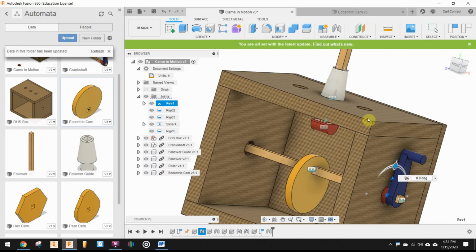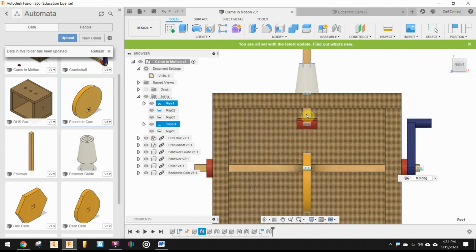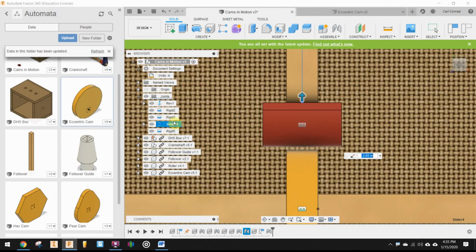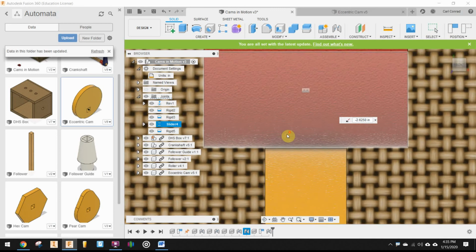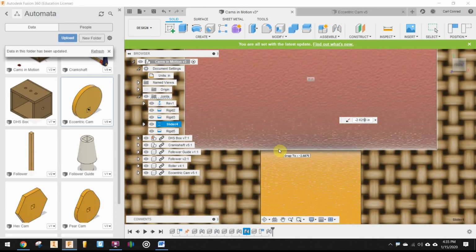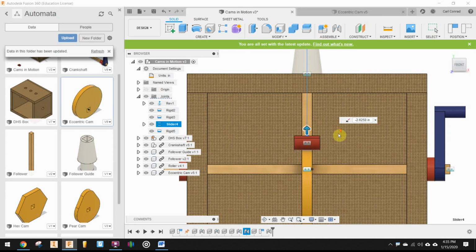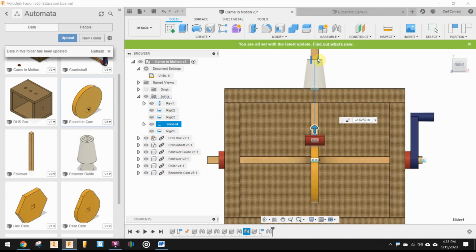Okay, and second, let's pull around and look at this. Notice if I pull this down, I'm editing that slider joint, and I'm at negative 2.6 inches. So I know, because this was built in inches, if I go down that far, that cam is touching the roller perfectly. Because this was built in inches, that's now 2 5/8 below the top